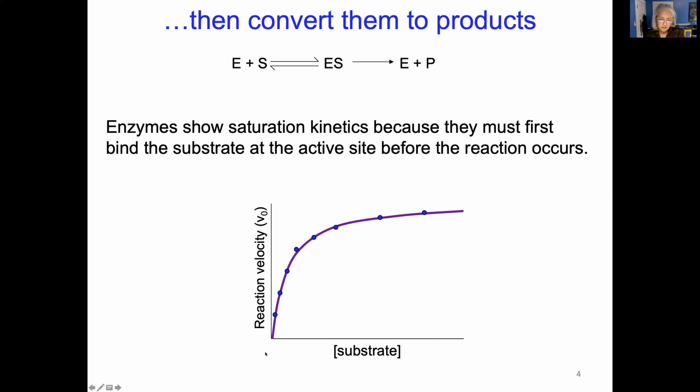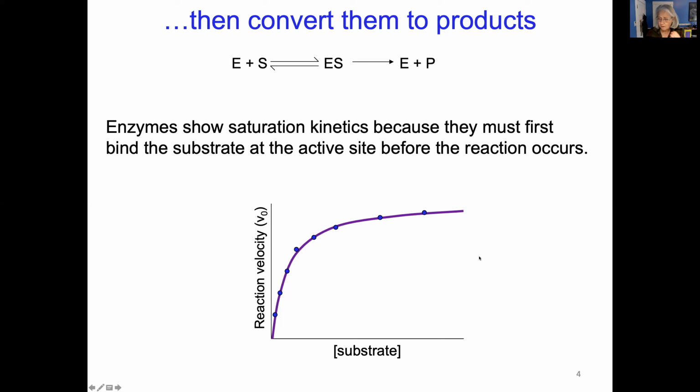And what we see here is when the substrate concentration is relatively low, binding of the substrate is rate limiting for the reaction. So that means that at low substrate concentrations, when we increase the substrate concentration, we see a big increase in reaction rate, right? But eventually, when you add more substrate, you no longer see that big increase. It saturates because all the available enzyme active sites are bound with substrate. So providing more substrate is not going to make the reaction go any faster. In this range, the rate of the reaction is limited by the rate of chemistry going on at the enzyme